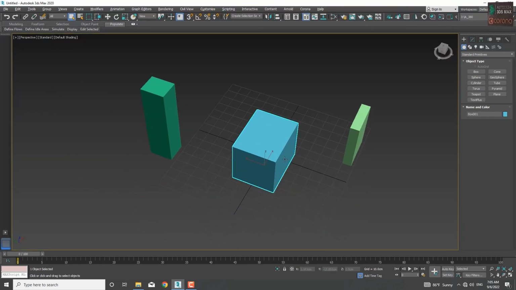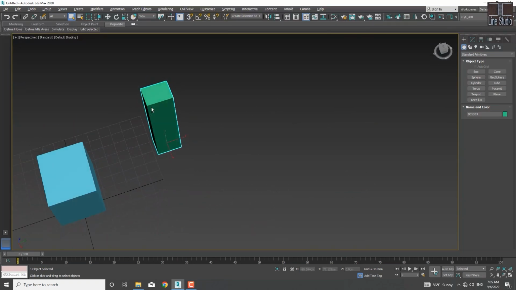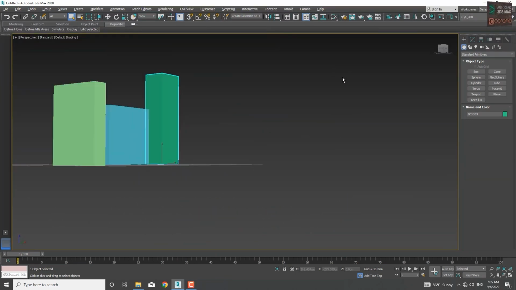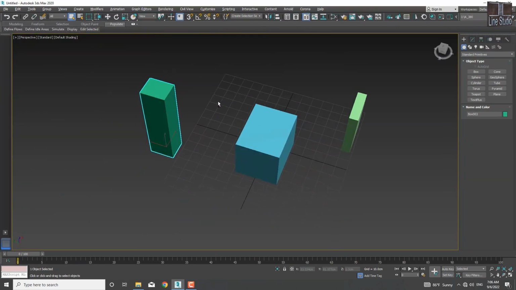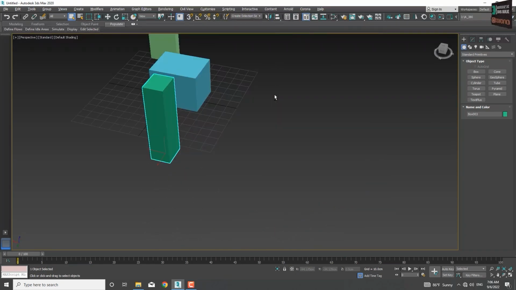I'm rotating. Let me clear this for a moment. This center is exactly here. But if a shape is selected and I start rotating, you must have noticed that it rotates around the center of gravity of that shape. Well,